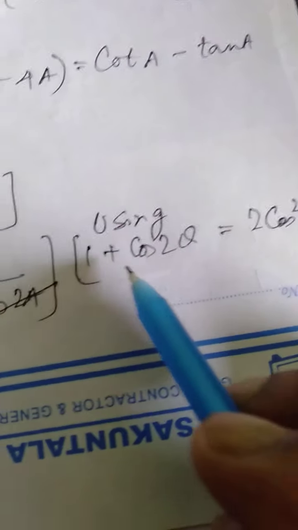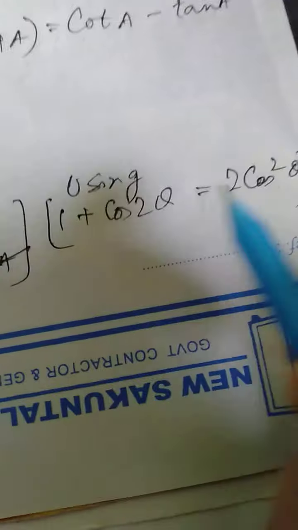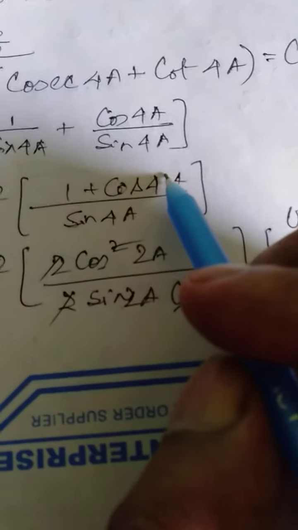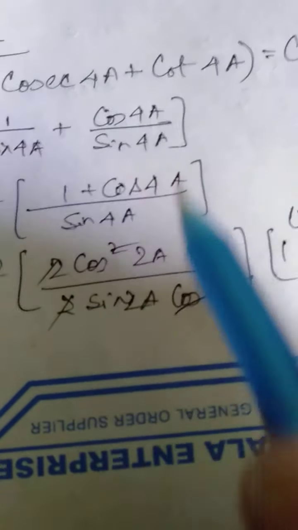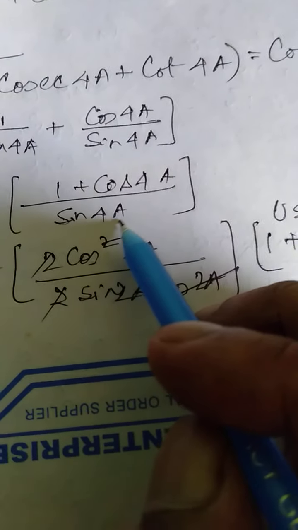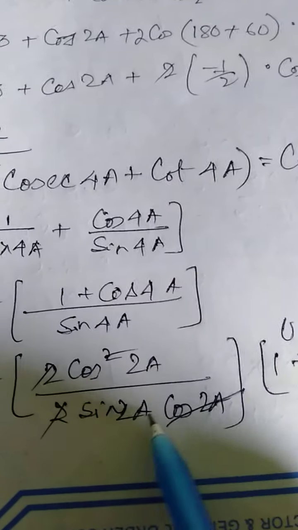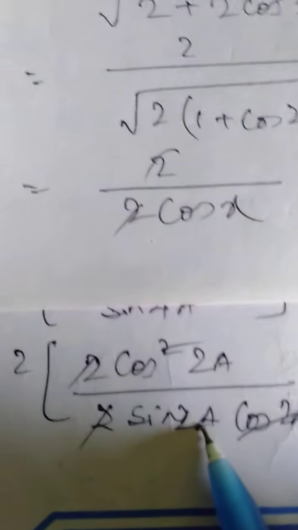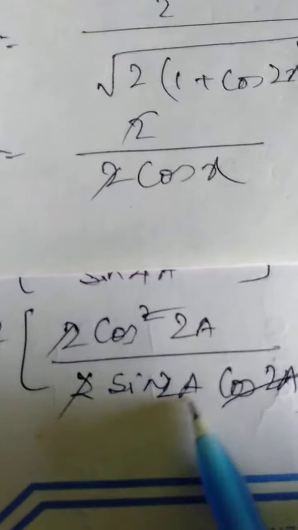Now see, keep in mind 1 plus cos 2 theta is 2 cos square theta. So here theta is what? Theta is 2A, because 4A is 2 into 2A. So what we will get? 2 cos square 2A, and this also you break by applying the formula of sin 2A. So you will get 2 sin 2A cos 2A. Okay. So after that finally what we are getting? Cos 2A by sin 2A.